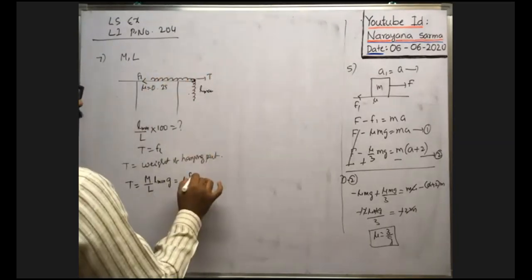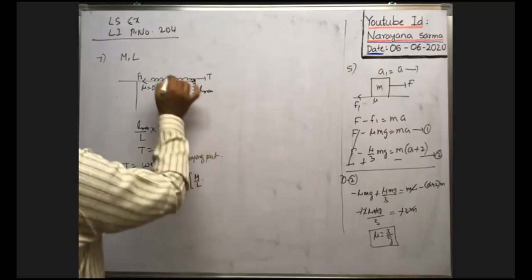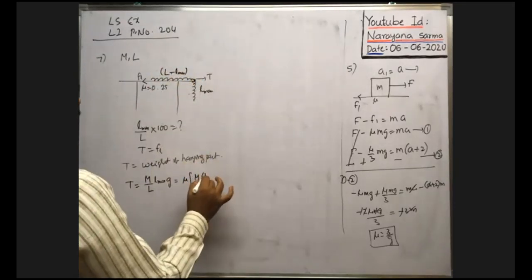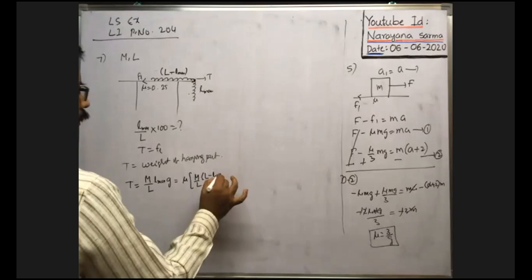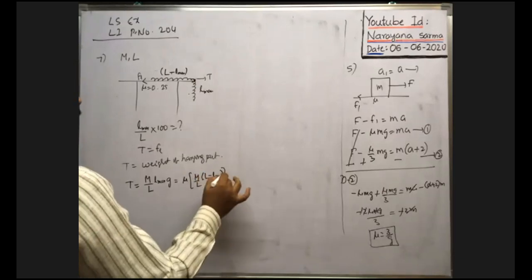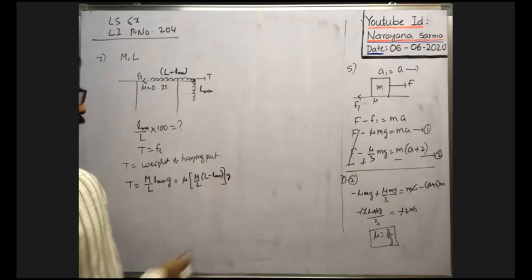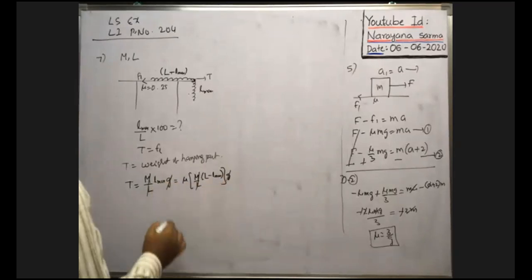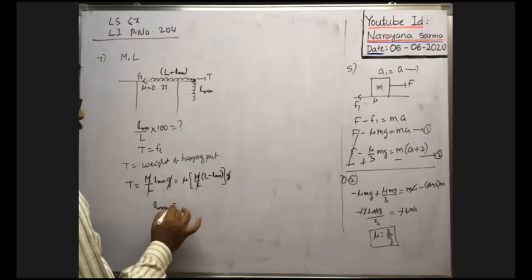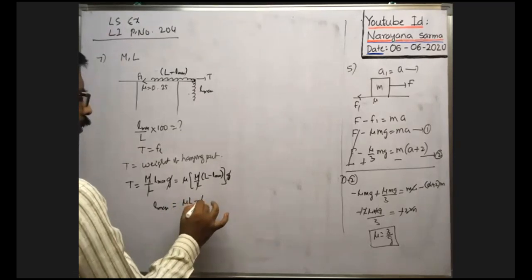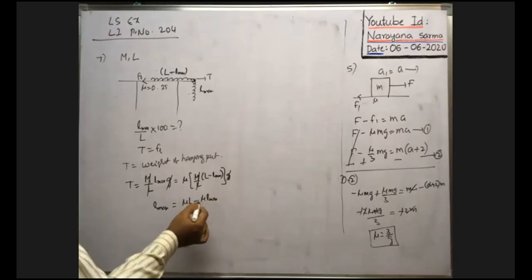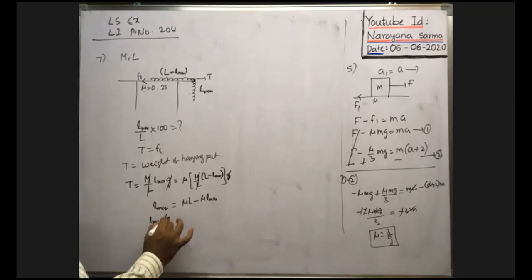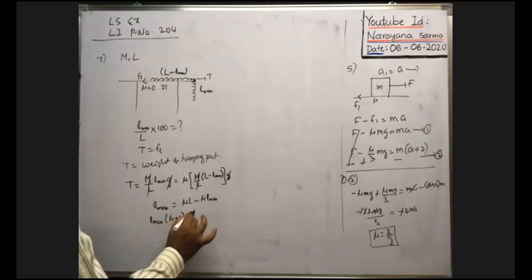Mass of the chain on the table means mass per unit length is M by L. Then what is the length of the chain on the table? It is only now, for this length, L minus l max. Okay, what is the mass? So this is the mass of the chain on the table into g, the weight of the chain on the table. So here M by L cancels, g cancels. Therefore l max is equal to mu L minus mu into l max. Okay, you bring this minus mu into l max to the left and take l max common. l max of (mu plus 1) is equal to mu into L.